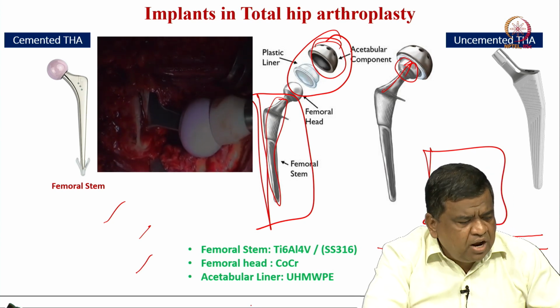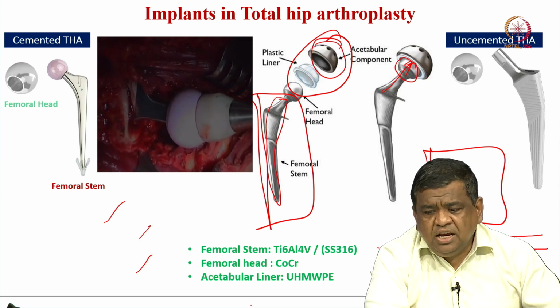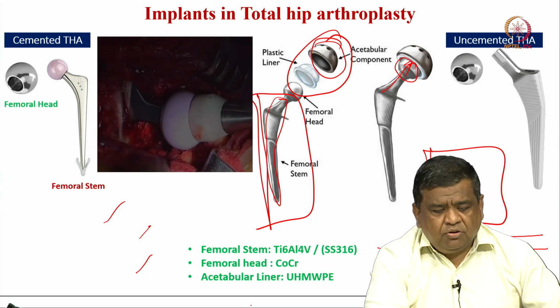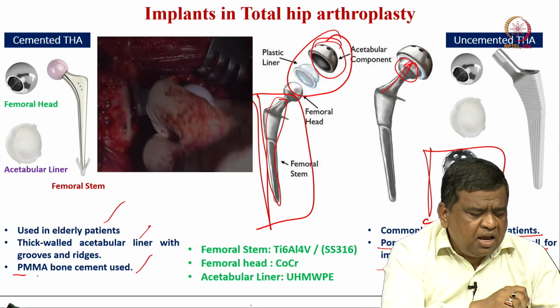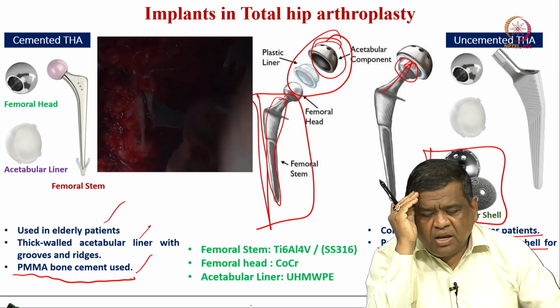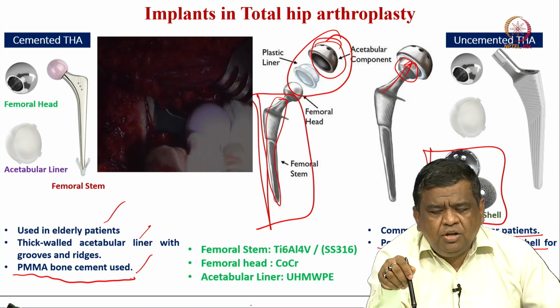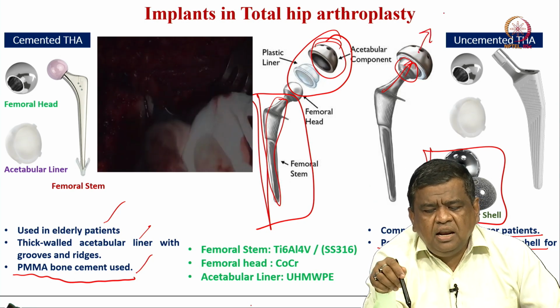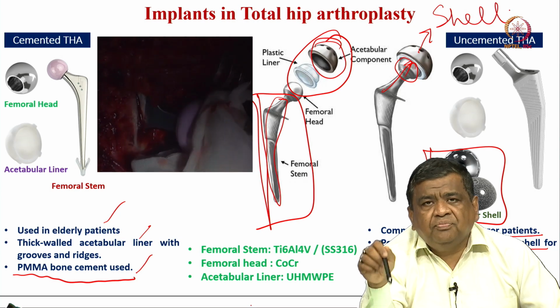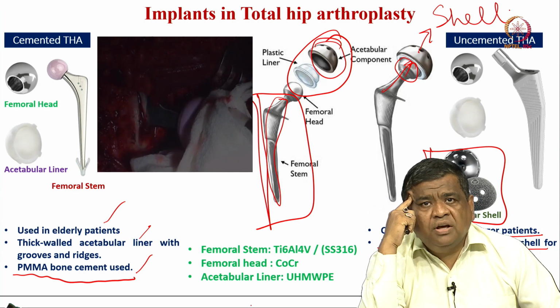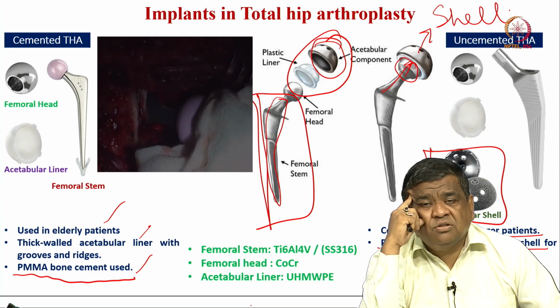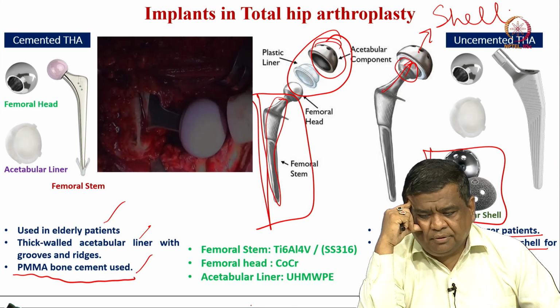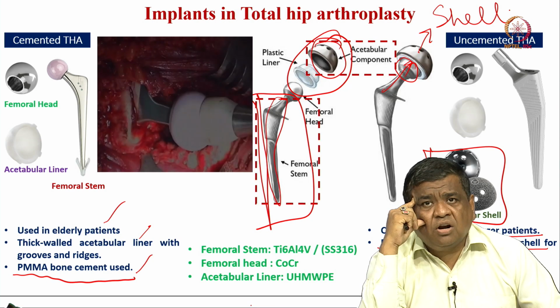So, there are two ways you can do it: one is the cemented total hip arthroplasty and one is called uncemented total hip arthroplasty. In the cemented case, you need to use the polymethyl methacrylate bone cement. In case of uncemented, you need to use the acetabular shell, and this shell is made up of titanium alloys, or often it is a lattice structure that has been imprinted on the titanium shell outer surface for better osseointegration, or this particular shell is hydroxyapatite coated. This is the uncemented total hip arthroplasty.